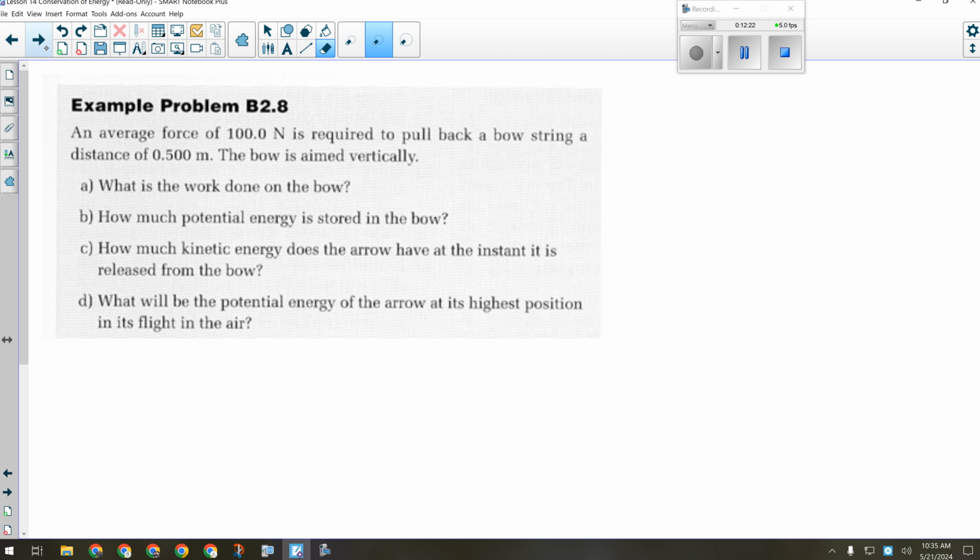All right, quick review here. We've done so many bow and arrow questions, we should be getting sick of them by now. So I use 100 newtons worth of force to pull a bow back 1/2 meter. How much work have I done? 50 joules. How'd you do that? Right. We did this. Work equals force times distance. 100 newtons times 1/2 of a meter. That's 50 joules. That's the work energy theorem part of this question.